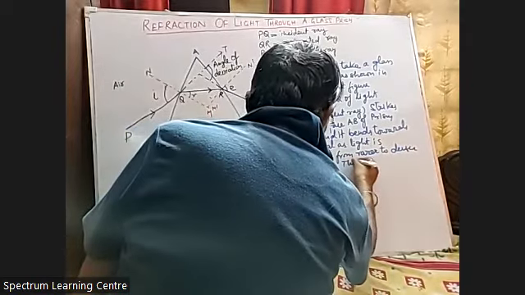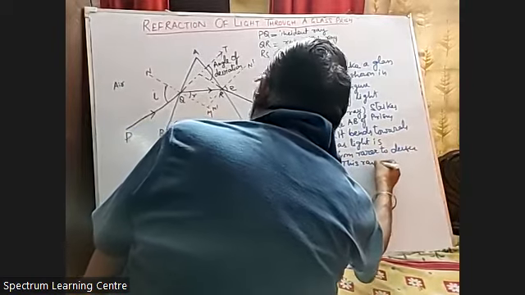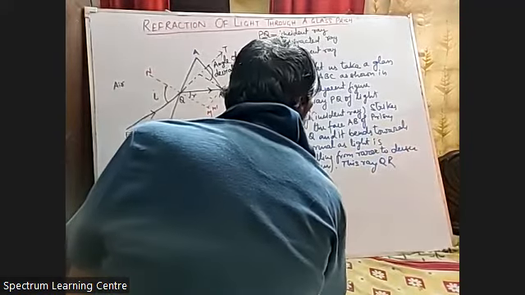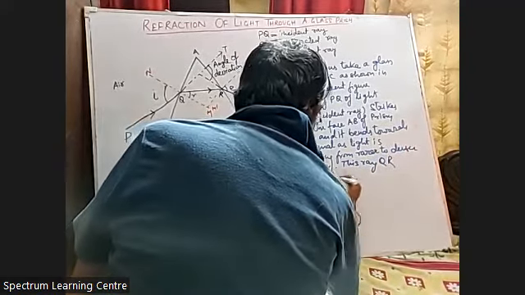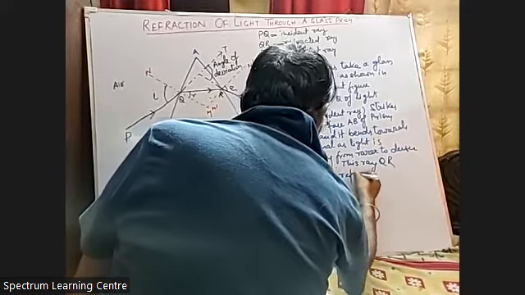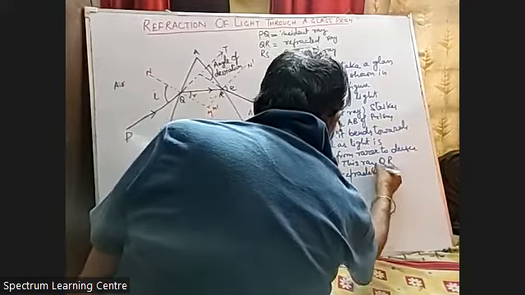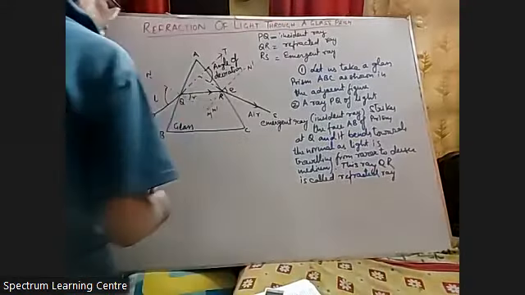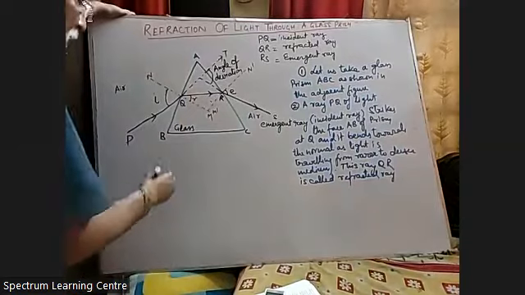This ray QR is called the refracted ray, right? Point number 3,